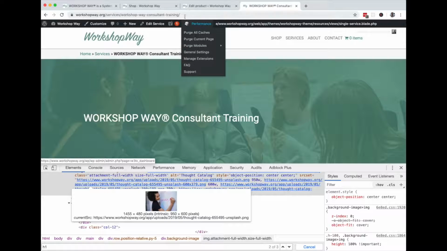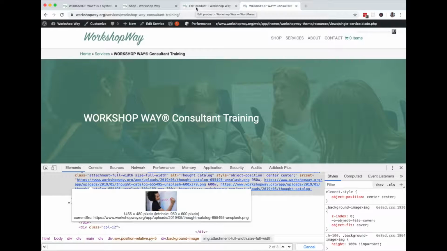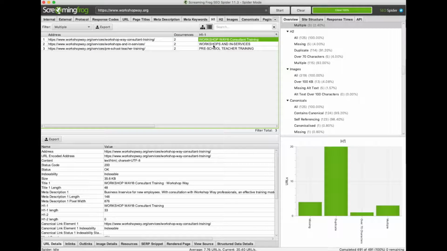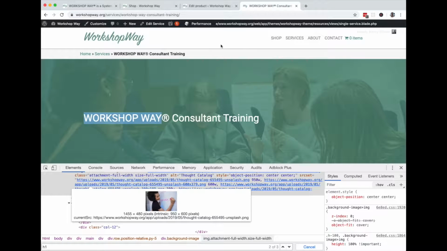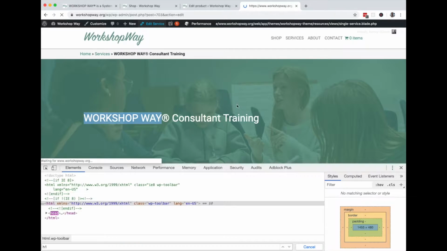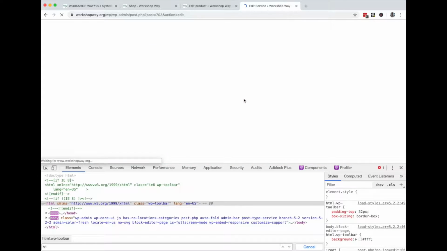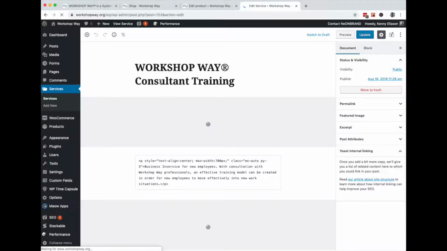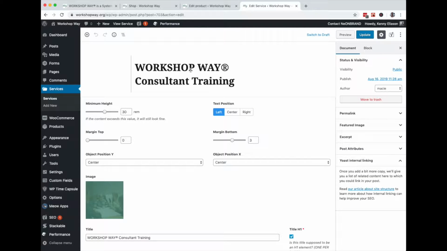One more important thing about H1s that I'm noticing while I'm here, whenever possible, you should not use title or all caps in the actual wording. And the way I know this is all caps is because it shows up here. All caps should be a styling approach, not a typed approach. So the better way to handle this would be something like this. So if we came in here, we use Bootstrap a lot on our website, so this would be the way to fix it. There's other ways. I would, with their name, it's extra tricky, but